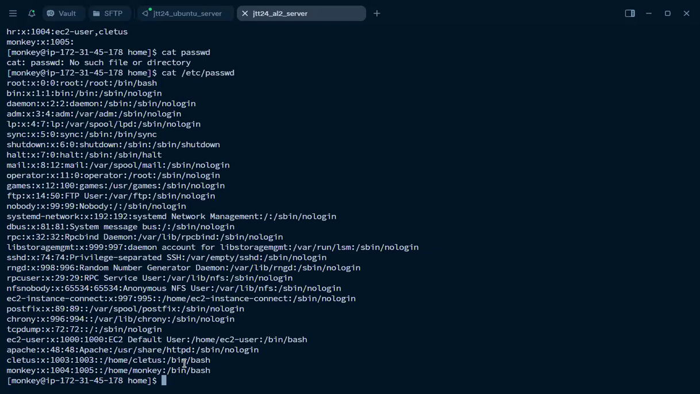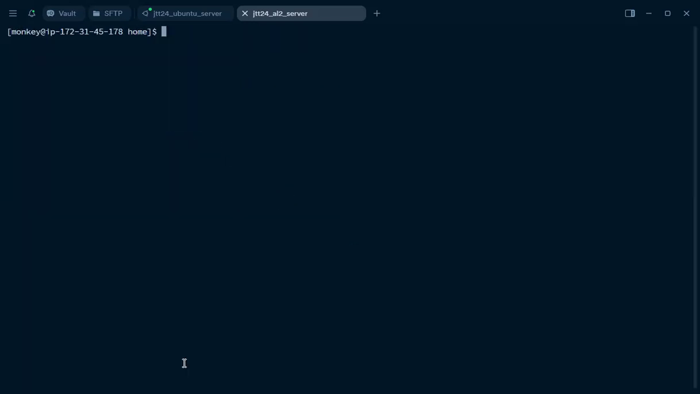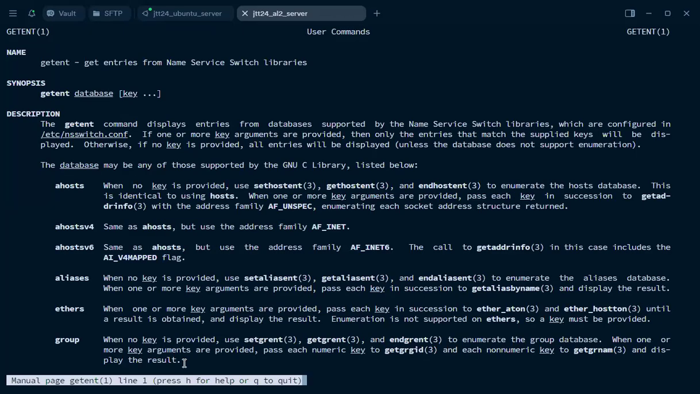Okay, but because password is a known file in the known database files on the Linux system, I can use getent for it from anywhere. Now, how do you know all known database files? If I run man getent, it tells me more about get entry, and I will see all the database files. The getent command displays entries from databases supported by